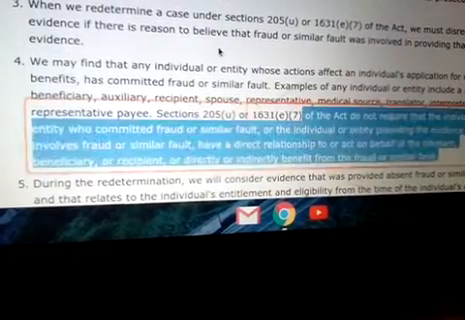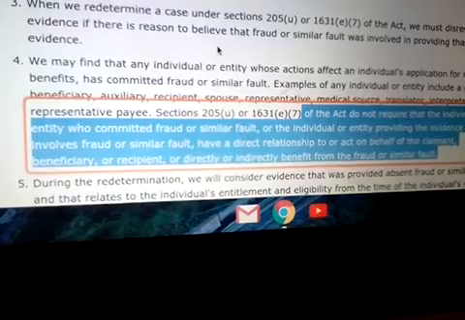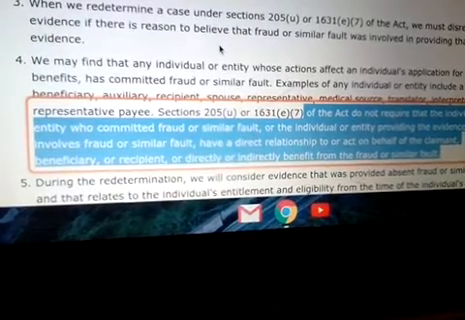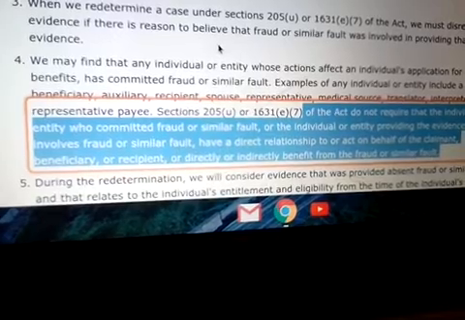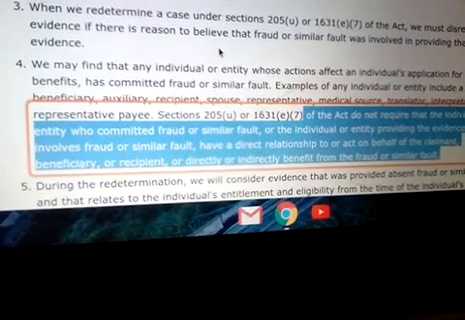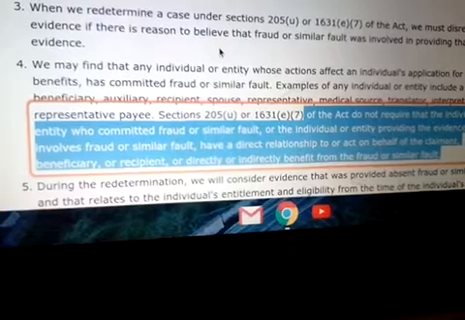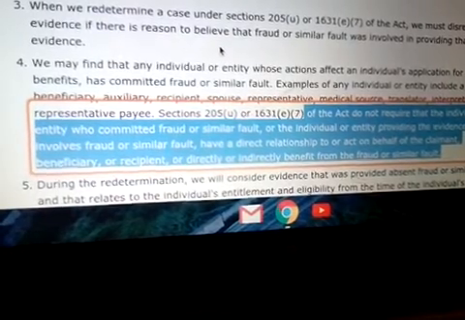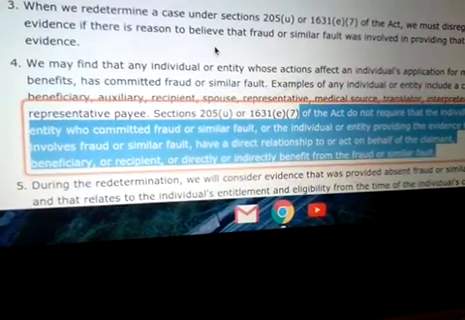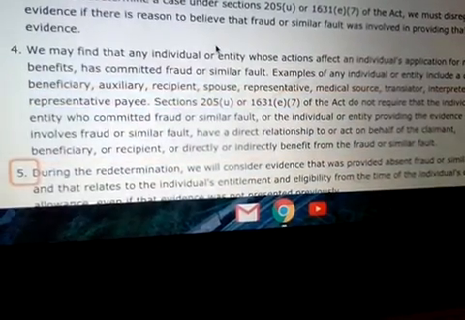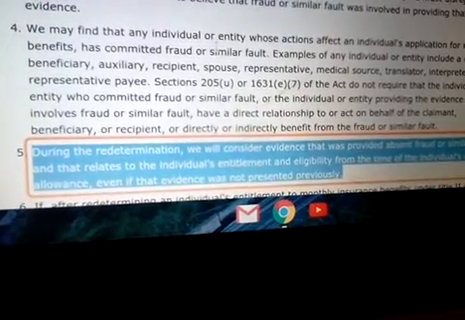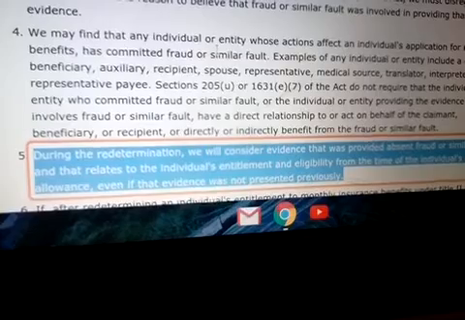1631(e)(7) of the Act do not require that the individual or entity who committed fraud or similar fault, or the individual or entity providing the evidence that involves fraud or similar fault, have a direct relationship to or act on behalf of the claimant, beneficiary, or recipient, or directly or indirectly benefit from the fraud or similar fault. 5. During the redetermination, we will consider evidence that was provided absent fraud or similar fault, and that